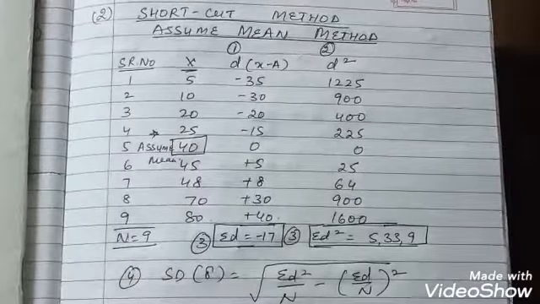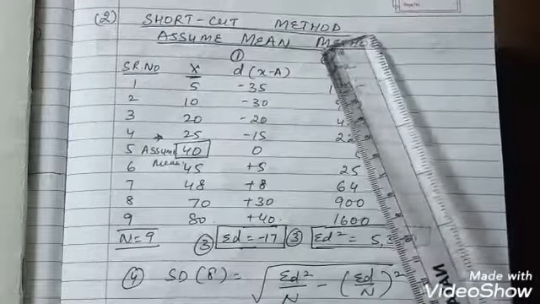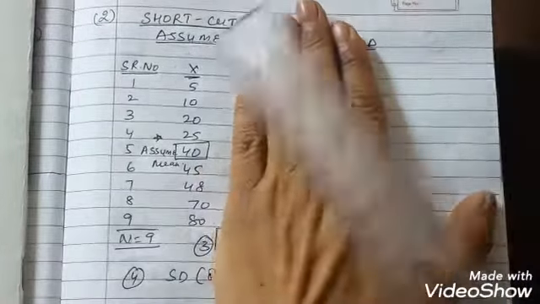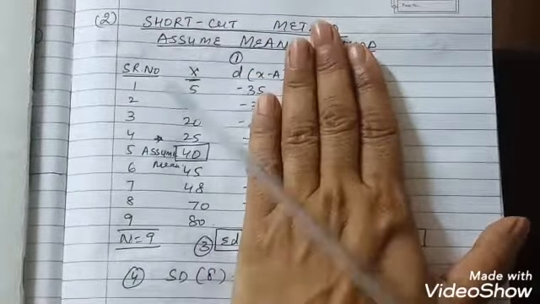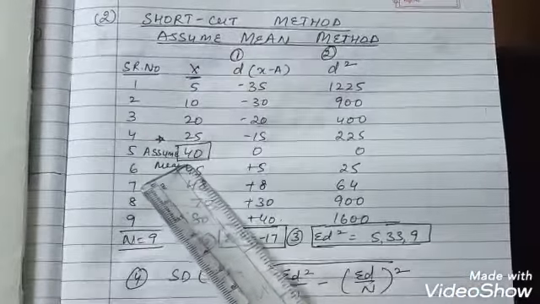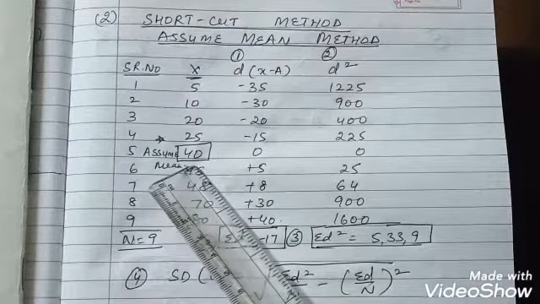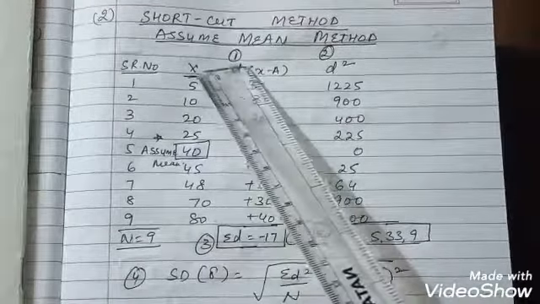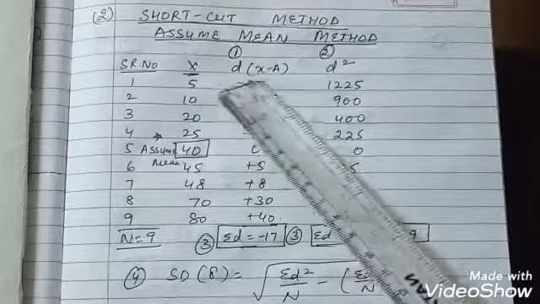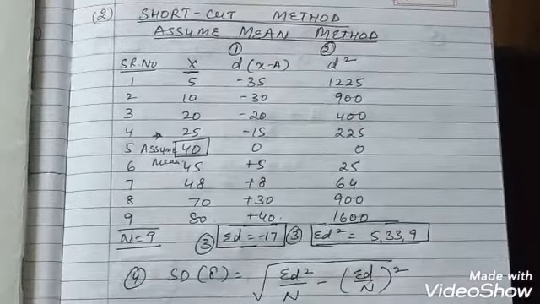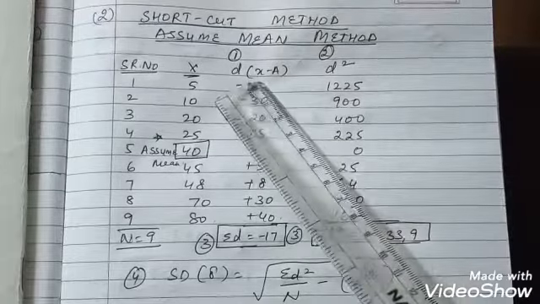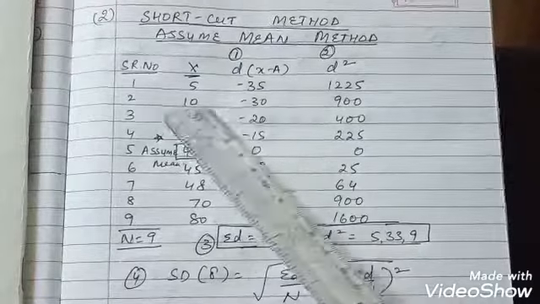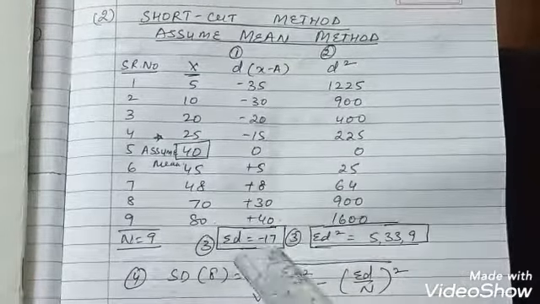Children, now we are going to be understanding how to calculate standard deviation using the shortcut method or assumed mean method. Now this is a numerical given to you, the serial number and the x column. The very first step is you have your assumed mean, which is 40. Well, it's not a step, it's already given to you, 40. The very first step is you will calculate d. We all know what is d, x minus A. Since we are not calculating actual mean here, we are going to calculate the deviation from the assumed mean. So 5 minus 40, minus 35, 10 minus 40, minus 30 and so on.